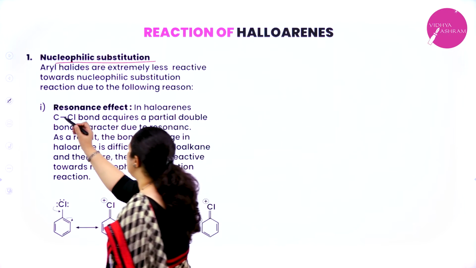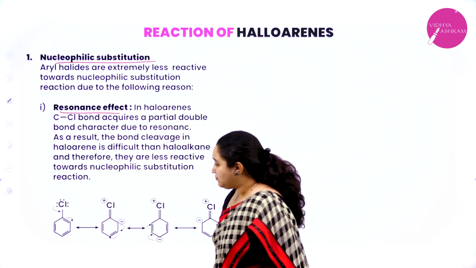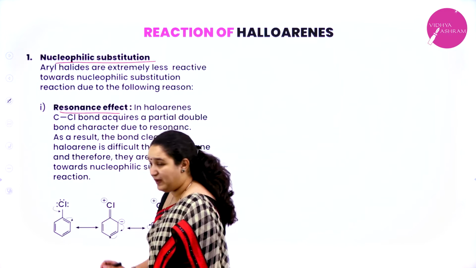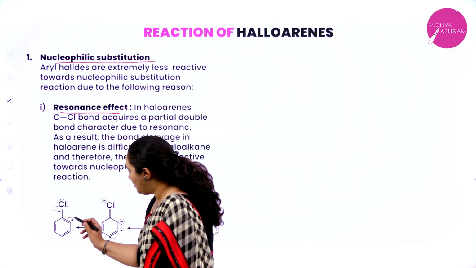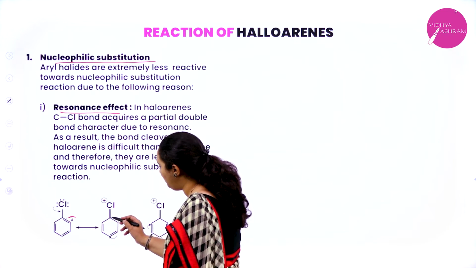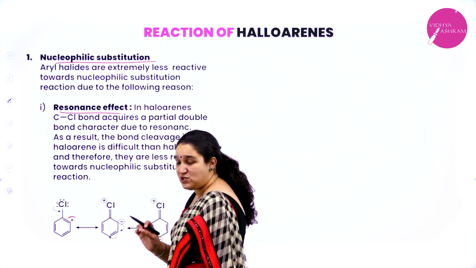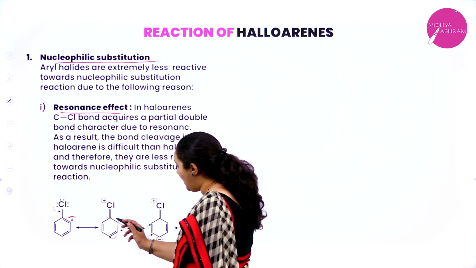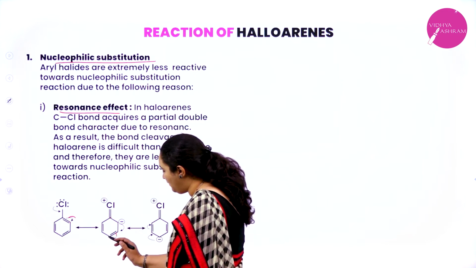The first one is because of the resonance effect. Here, if you see this, chlorine has 6 electrons, that is 3 lone pairs of electrons. One of the pairs will form the bond, and the bond that is there will go as the charge. So you can see the next resonance structure, where there is a double bond between the carbon atom and the chlorine atom, and chlorine has the positive charge. Why? Because it has lost a pair of electrons to form the bond, and the carbon here has the negative charge. So the charge will go as the bond will form the charge.